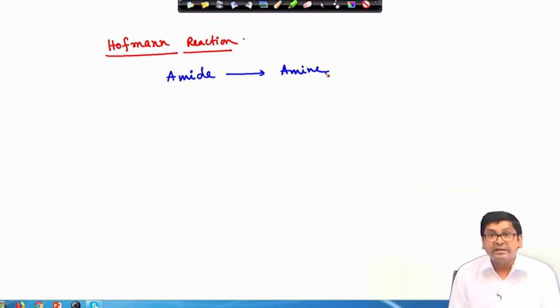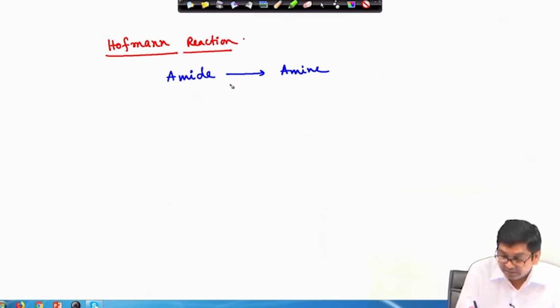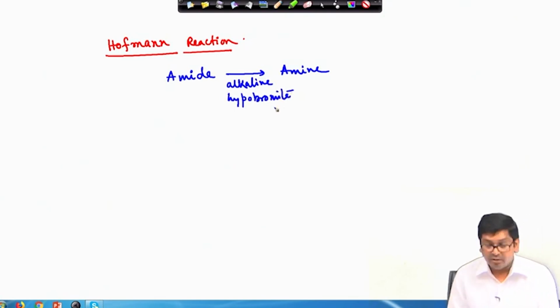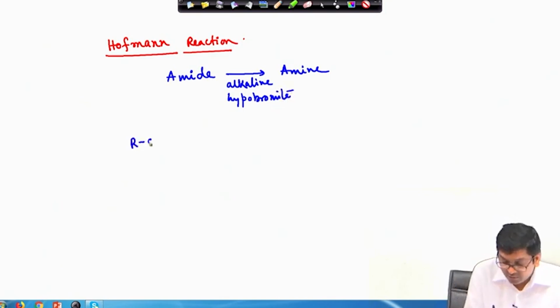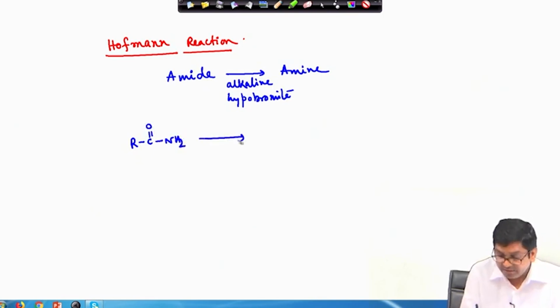In this case, instead of acyl azide, here it will start from the amide group and the reagent is alkaline hypobromite. If you start from the corresponding amide in presence of hypobromite, it will pick up one proton and then it will generate